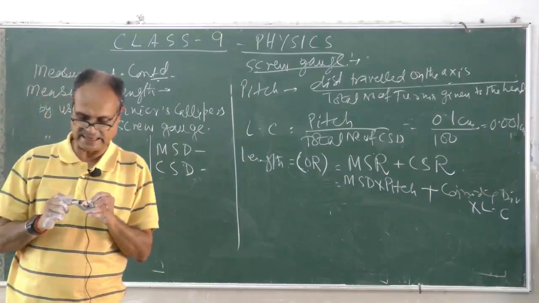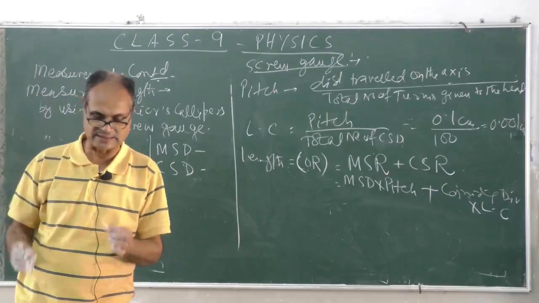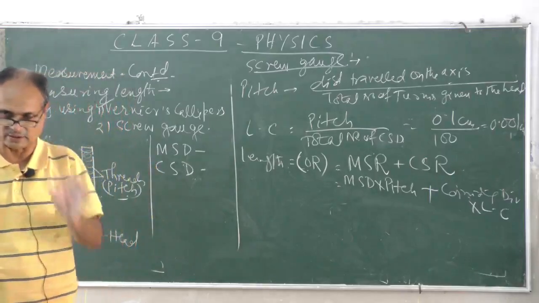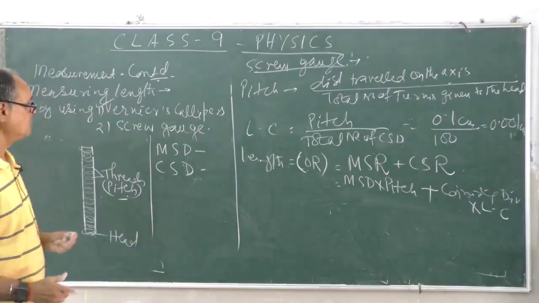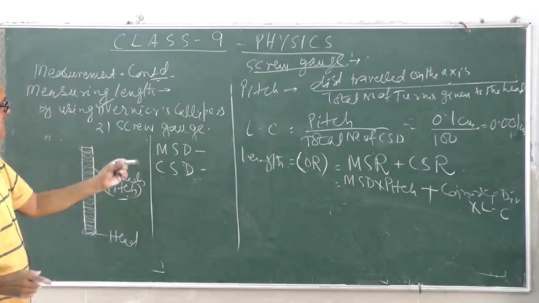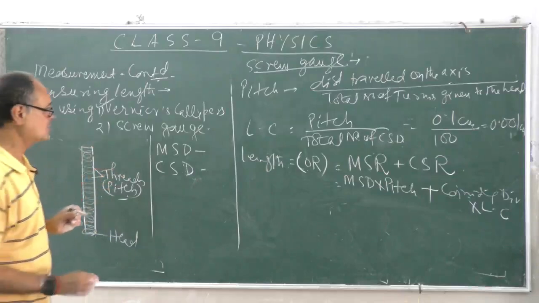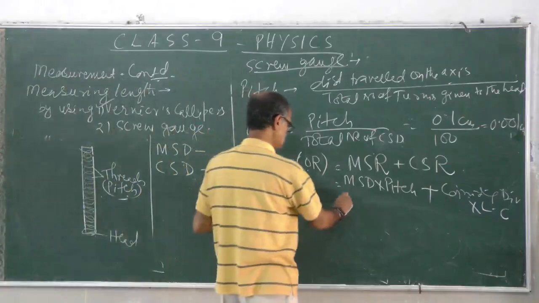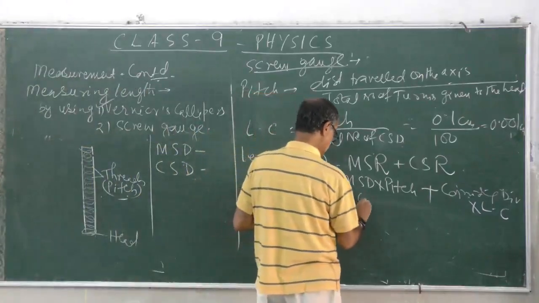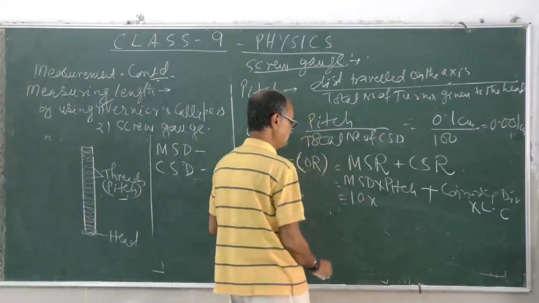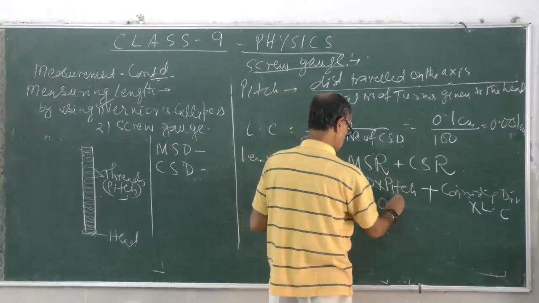It is opening exactly 10, that is, 1 centimeter is the diameter of it. So that is the main scale value. The main scale division value I have taken is 10, multiplied with the pitch value, which was 0.1